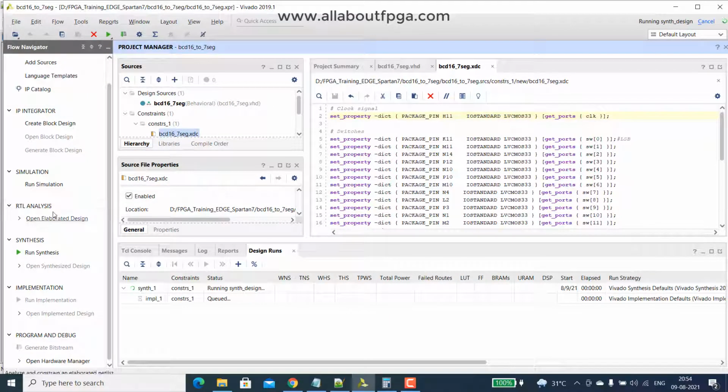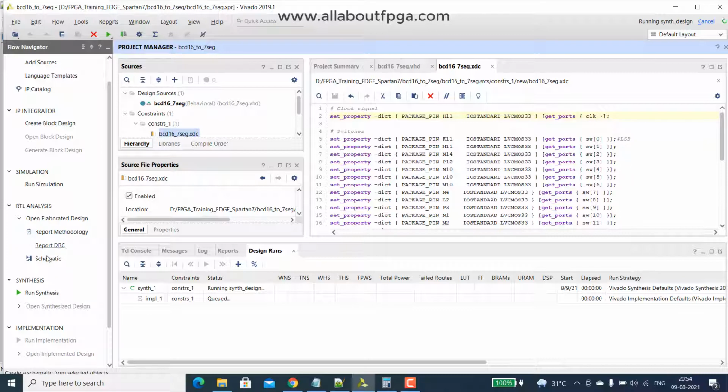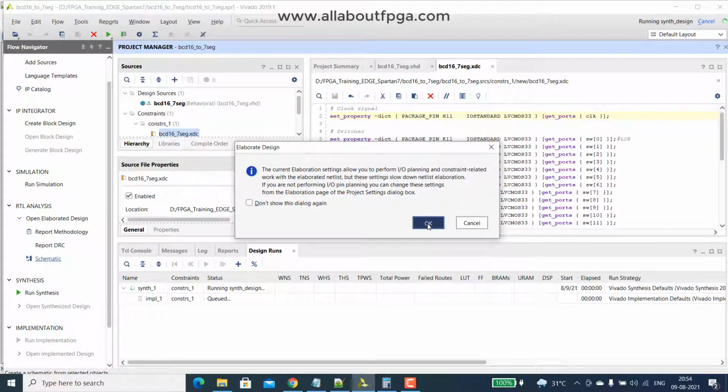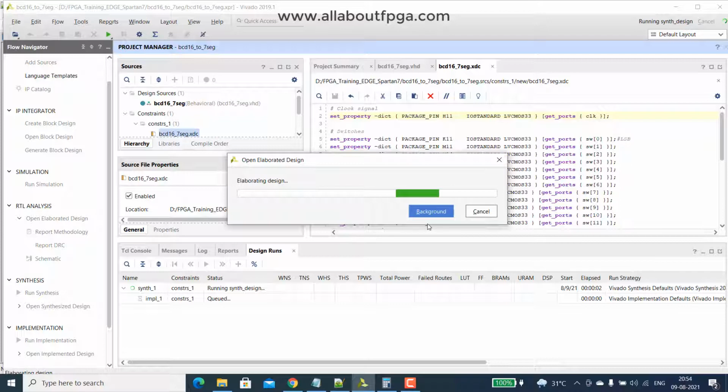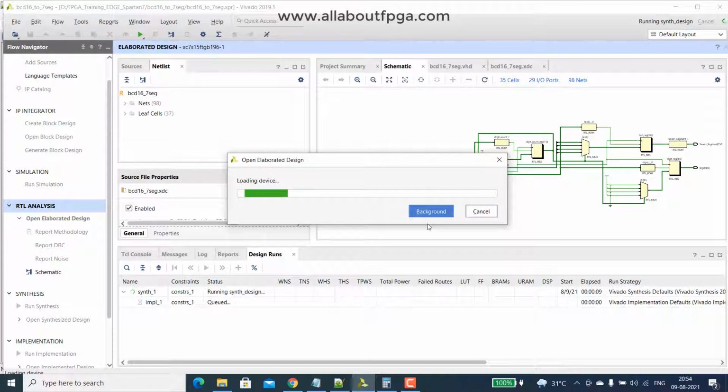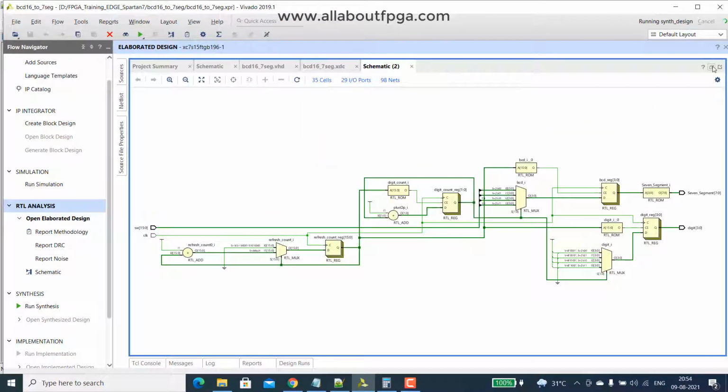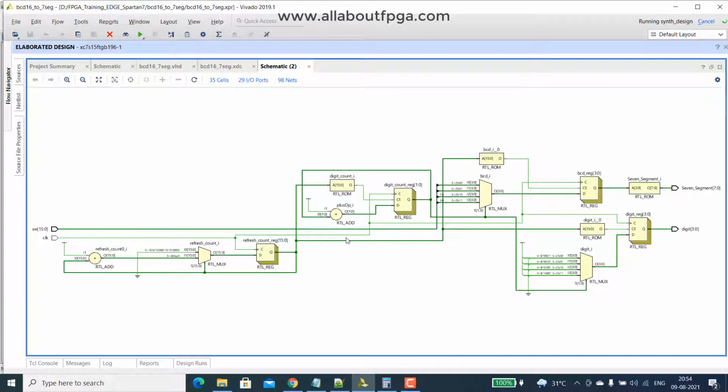It starts synthesizing. Let's view the RTL analysis of the schematic created. So here is the schematic that was created. You can see the refresh counter that we have, 50 into 10 power 3, that has some constant value in binary. So it is creating some count with mux logic.